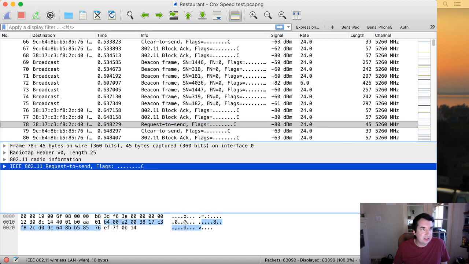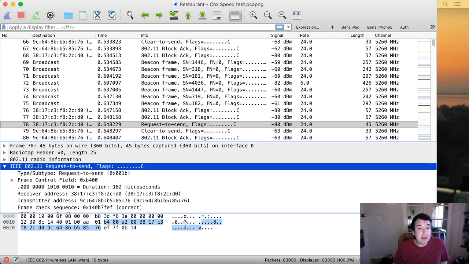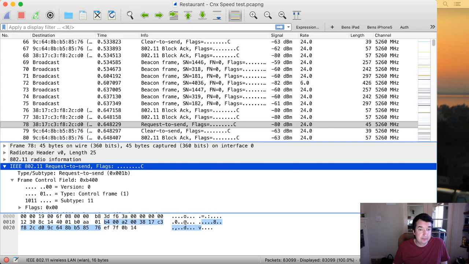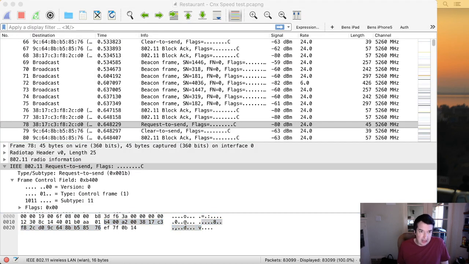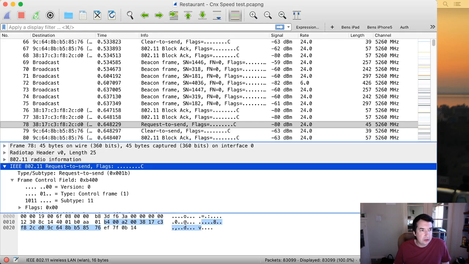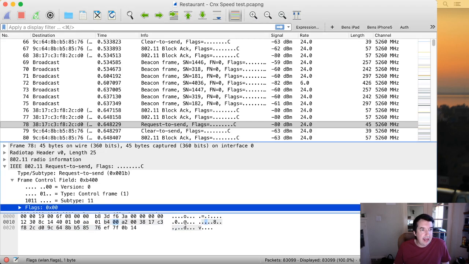So I can see the little request to send here. So that tells me that that's the header. Now when I open up that header, inside the frame control field, so then I go in frame control, then flags. So I go into frame control, I go into flags,